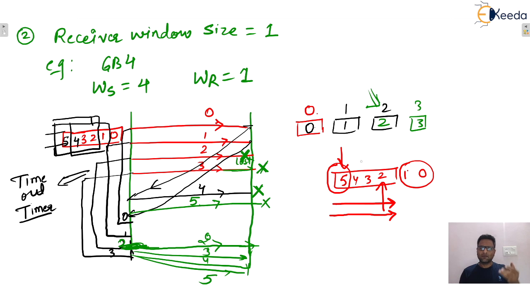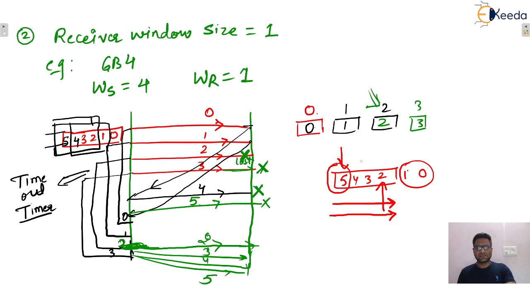In stop and wait, one packet at a time is transmitted. If that gets lost, then again retransmit that packet. But here, if one packet gets lost, then the entire window will be retransmitted, isn't it? Because all subsequent packets will be discarded by the receiver. Receiver window size is 1, that is fixed. So the receiver always receives the in-order packets.